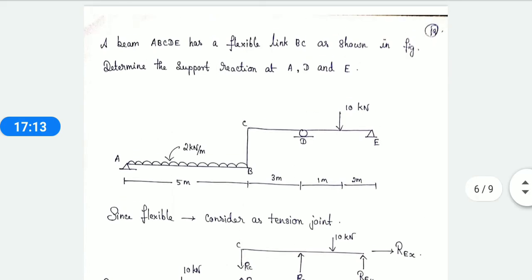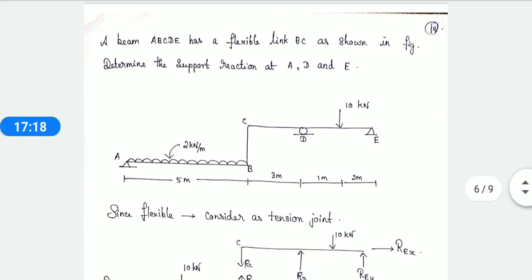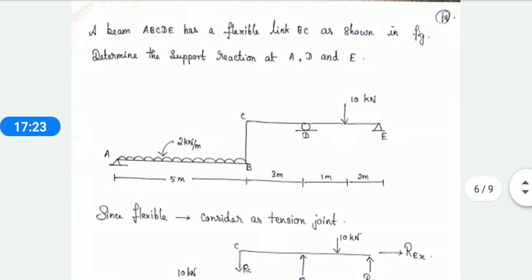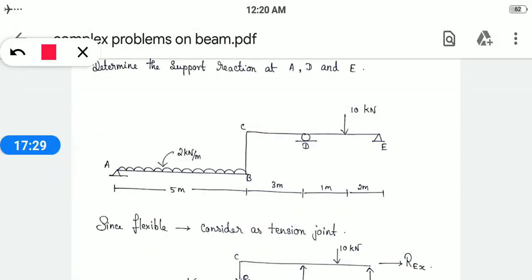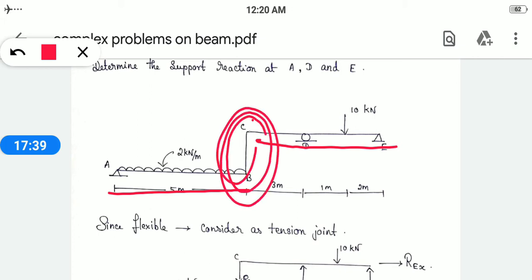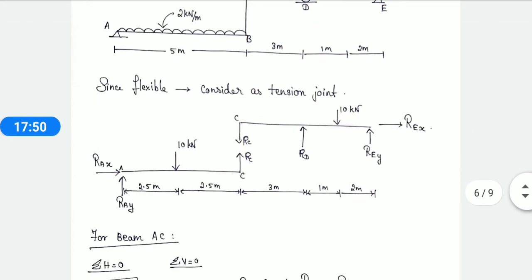It has some spring in it, so that there will be some tension acting between the two. Whenever there is a link, like a staircase, the beams are drawn, it has to be considered as two different sections. You can consider this as one beam and this as another beam. Only the link is here, and the link they have given is a flexible joint. Okay, it is flexible. So we have to mark a diagram first.